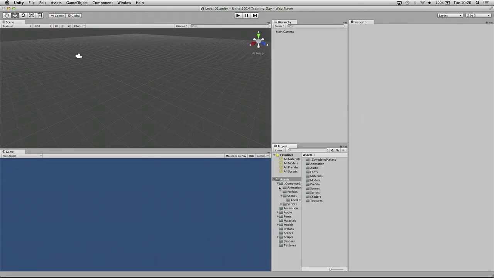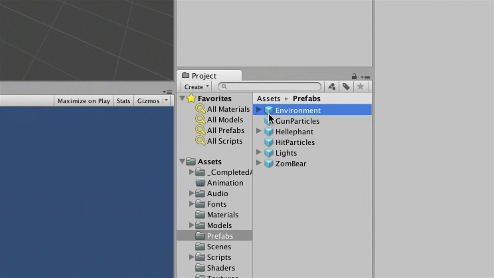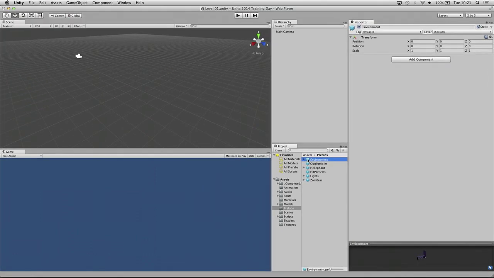So what we've got in our prefabs folder. A prefab, just to reiterate how this stuff works, is our way of saving a game object into the project. You can do that for a number of different reasons, and we'll be saving prefabs in order to spawn them into the game later with the enemies. But for the purpose of the environment, we prepared the model and a number of colliders and other elements. So if you look in the prefabs folder, you'll find a prefab called environment. A prefab is represented by this blue cube icon. All you need to do is to drag and drop that up into the hierarchy.